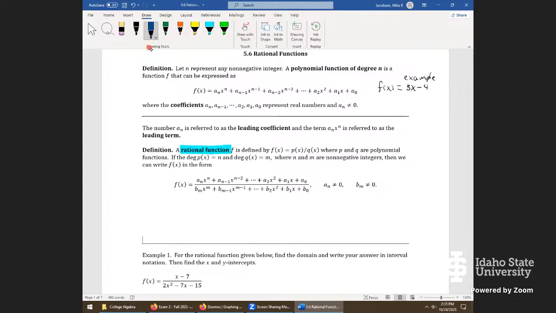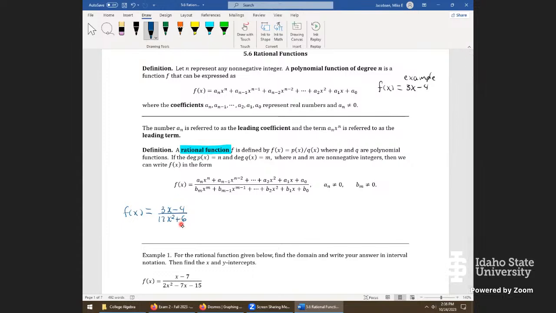The rational function could be, say, f of x equals, let's just take this polynomial here because we can. It could be any polynomial, 3x minus 4. And it could be divided by some other polynomial, maybe 17x squared plus 6. So that'd be a typical example of a rational function. It just has to have some polynomial of any degree in the numerator, and same for the denominator with no zeros